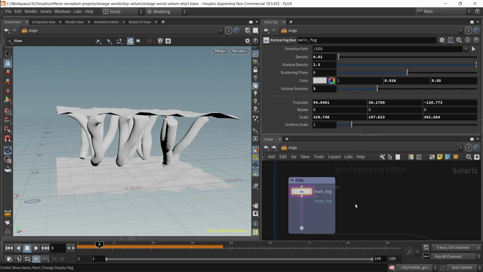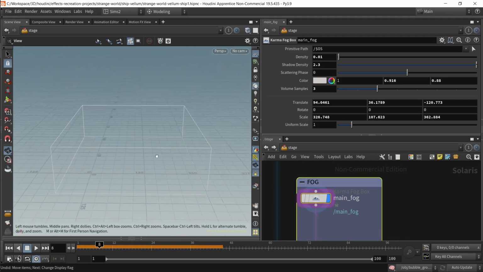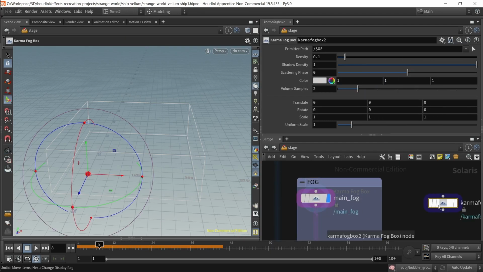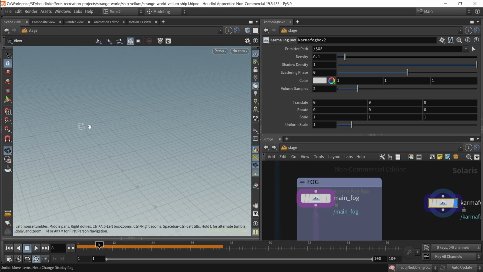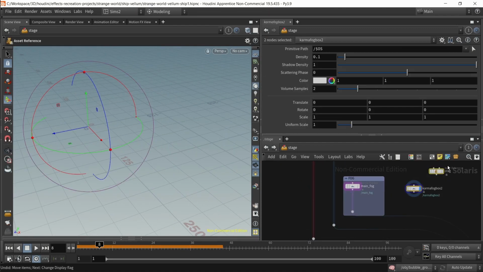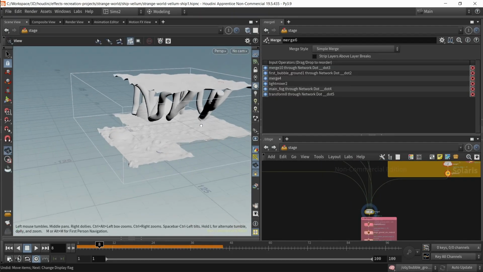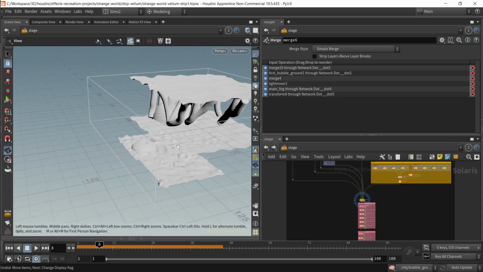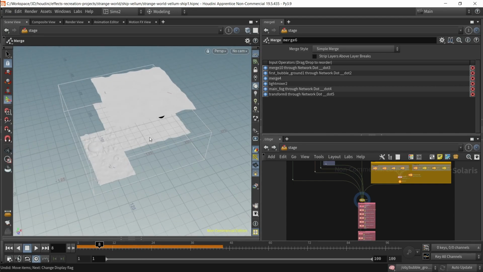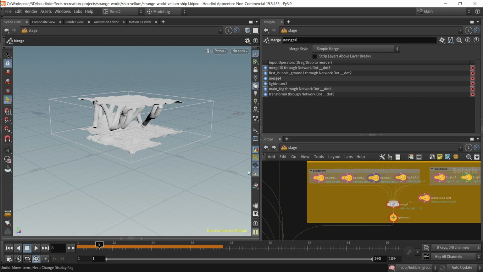And here I have created a Karma fog box. When you merge everything together, it looks like this. The Karma fog pretty much covers the entire scene. So yeah. And for the lights,